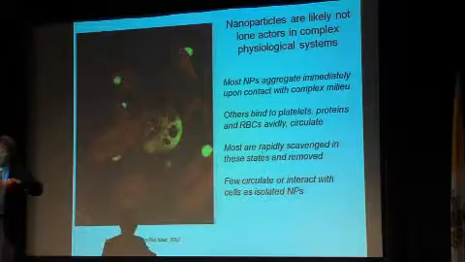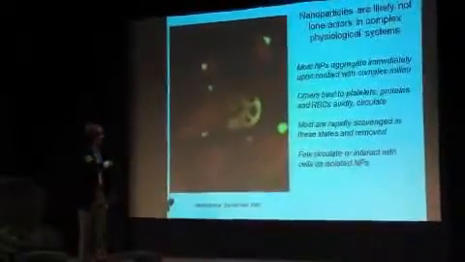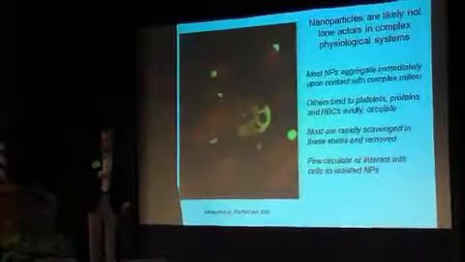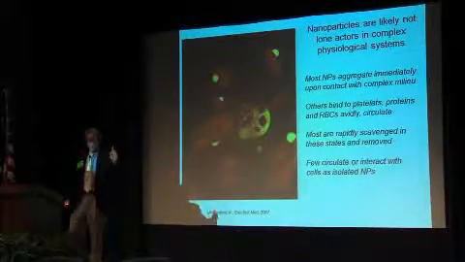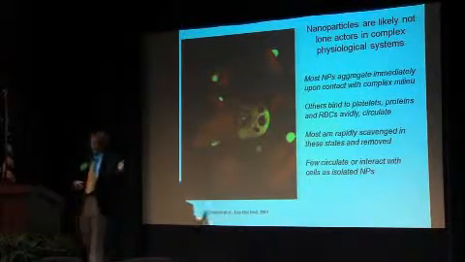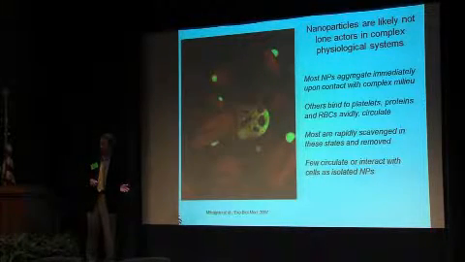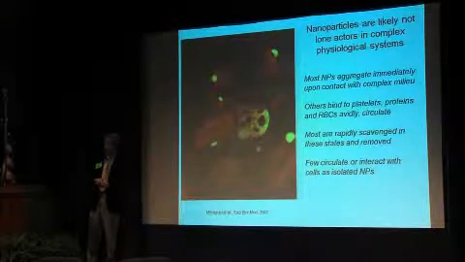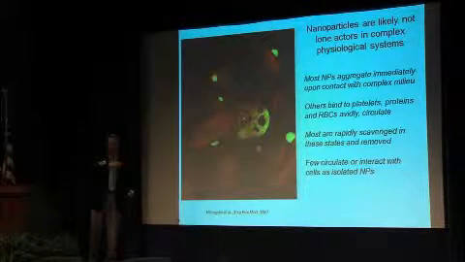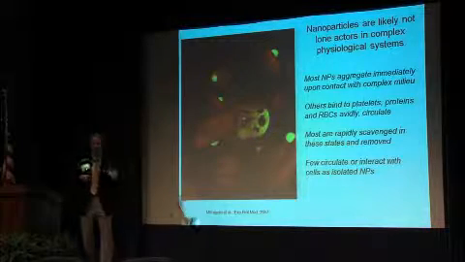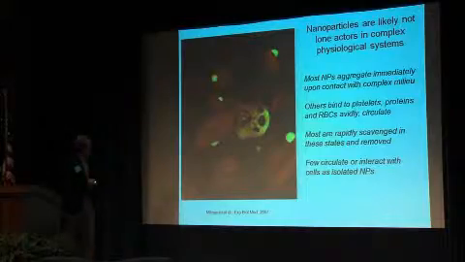So when somebody says, well, we've got particles that can circulate forever, the question is, are they really circulating because they're bound to red blood cells that are circulating? And eventually, how are red blood cells removed? By the spleen. So we find them eventually going to the spleen because they're stuck to the red blood cells. They can't escape the red blood cell fraction, and they find themselves in the spleen. So long circulating particles may be long circulating because they're attached, but because of that, they can't target. They're not going anywhere except hanging with the red blood cell as it goes around and around again.